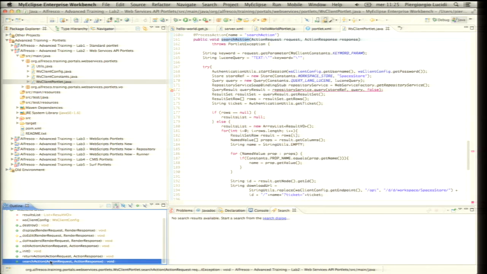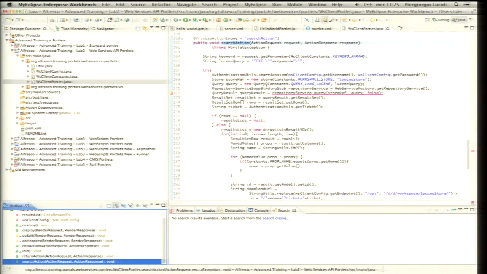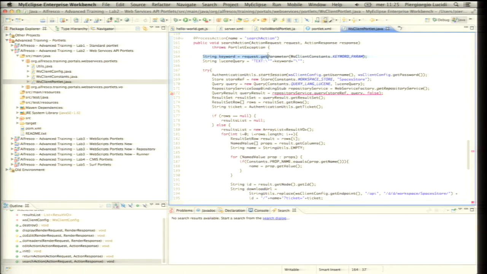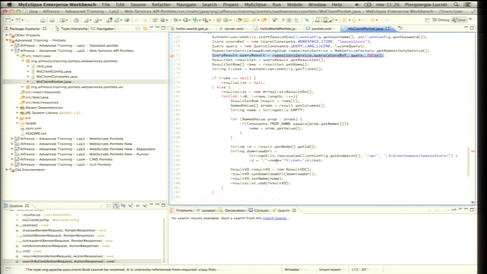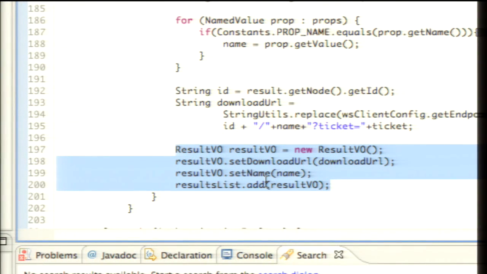The search action will invoke the repository service and will build the query. So the query is built taking the parameter from the form, and then we execute the query from the repository service. In this way, we can get the result set, and then set it in a value object as the output, setting the results in the JSP